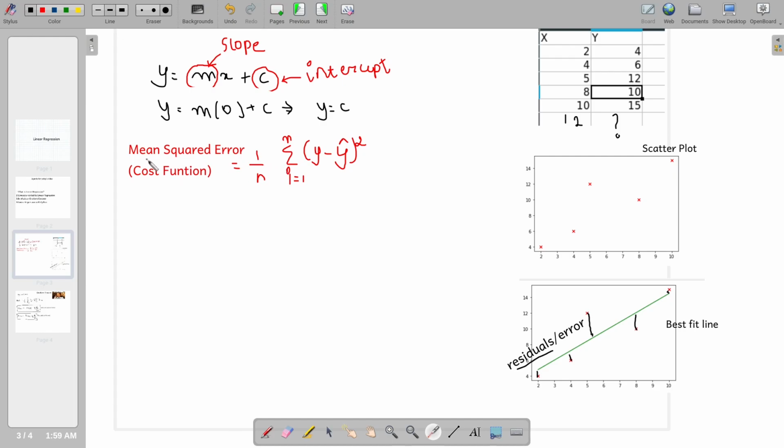Okay, so as the name suggests, mean squared error. See, we have an error, actual minus predicted. This y hat is nothing but my predicted value, and we are squaring it and taking its mean. And this goes for i equal to 1 up to n. That means we are doing this for all data points. For all data points, we are finding the mean squared error, and it is called the cost function. It is useful to understand what is the value of m and c for the equation of the line.